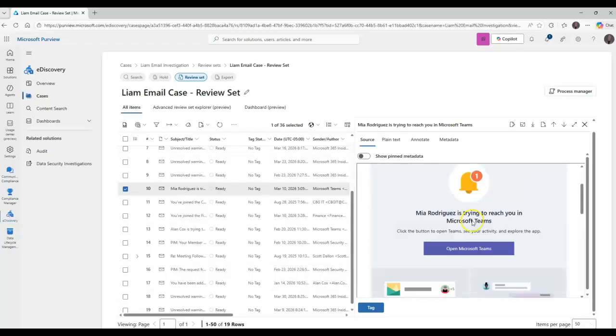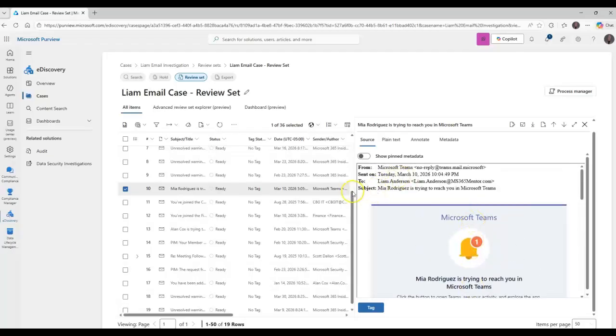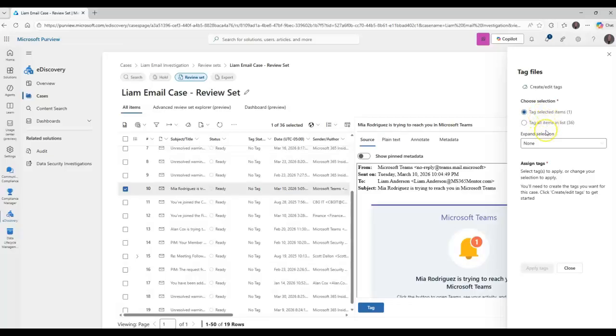Yeah, but it sends, of course, that email that you get. So here I am. Now with this, I can go in and do any number of things. I can look at some overview, look at some analytics on this, and show some different reports. I can go in and query actions here. This is where we can add it to another review set. I can export just this item. I can tag this, and